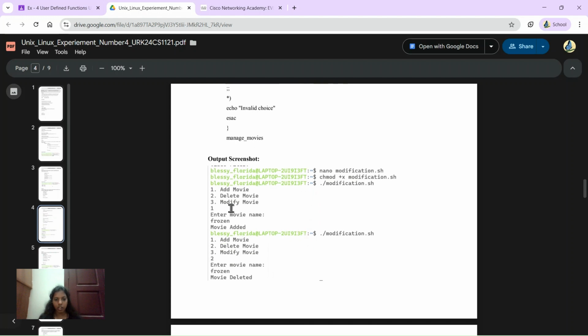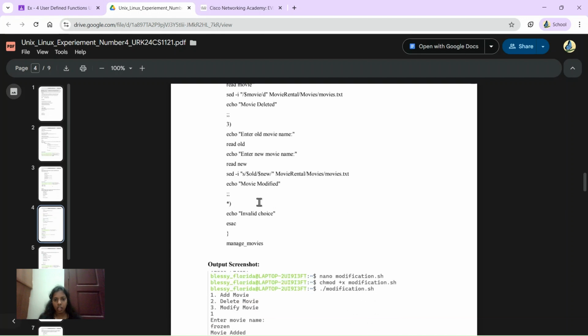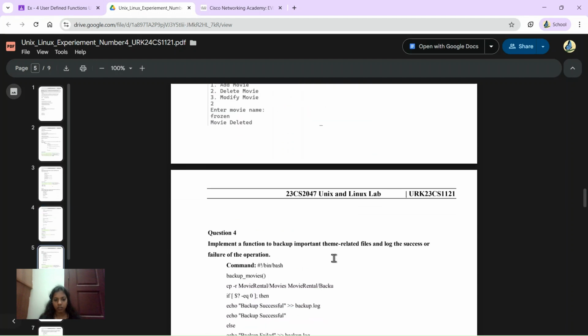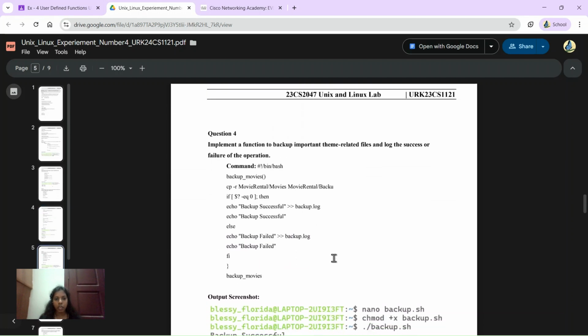So here I have added the movie Frozen and deleted the movie Frozen with the modification. Under the script file, I have given the value as Frozen, and then I have changed the permission, then given the modification. The fourth question is to implement a function to back up important theme related files